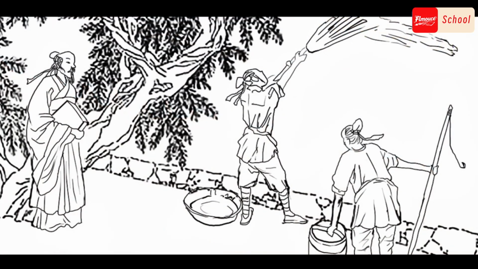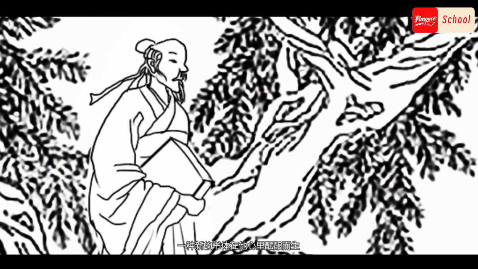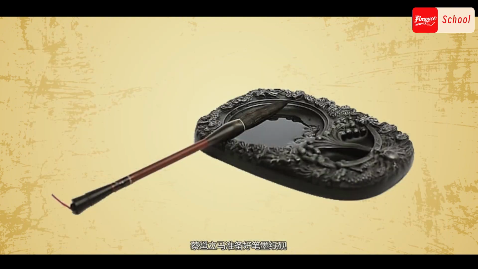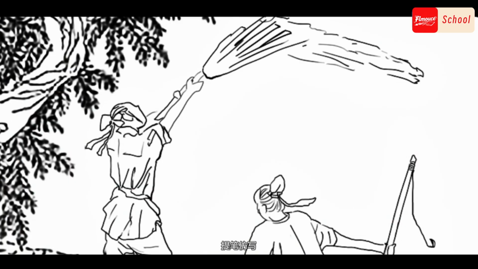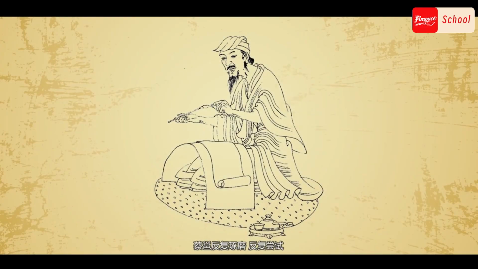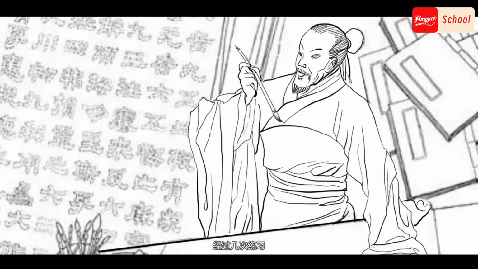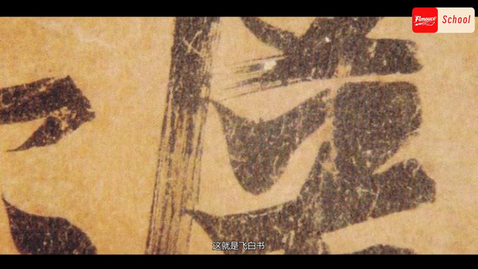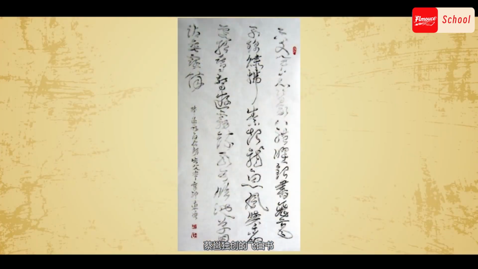Tsai Yi looked and looked. He suddenly brightened. A new style of calligraphy was brewing in his mind. He hurried home quickly. When he got home, Tsai Yi immediately prepared the tools. Recalling the situation when the craftsman painted, he imitated the brush stroke. How hard to press, how fast the brush. Tsai Yi pondered over it and tried again. After several practices, he mastered the proportion. He wrote a black line with a hint of white, and a hint of white. This is the Phi script, Tsai Yi's unique Phi script.